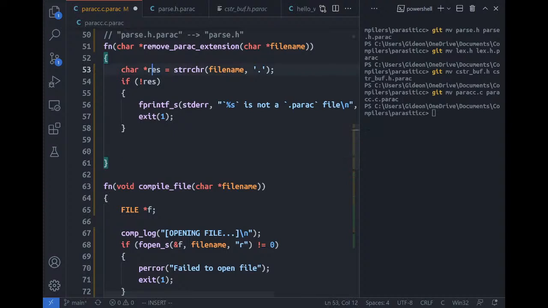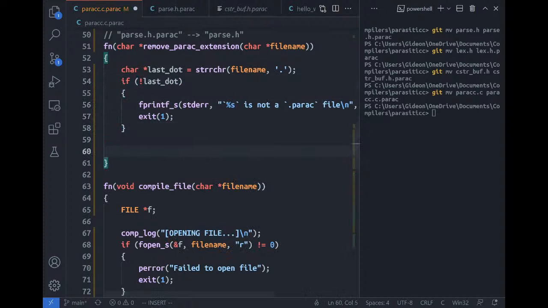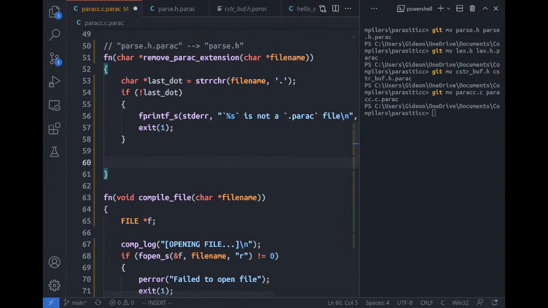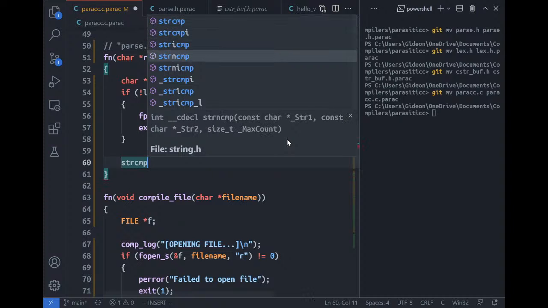Okay. Otherwise, this points to the last dot in the file name. So let's call this last dot. Okay. So everything after the last dot is the file extension. So what we need to do now is we need to do strcmp. And